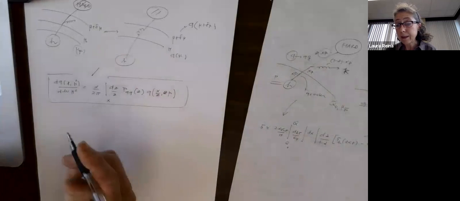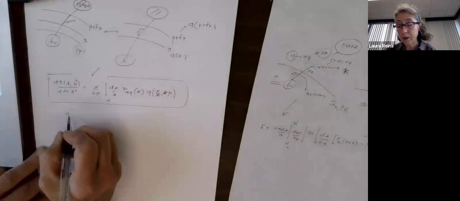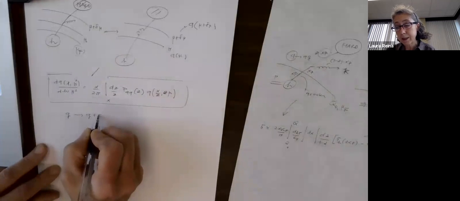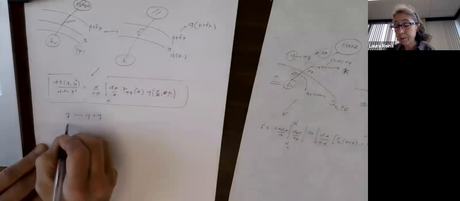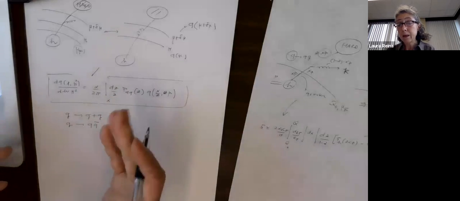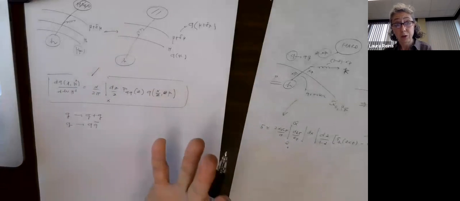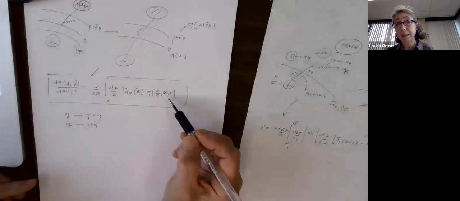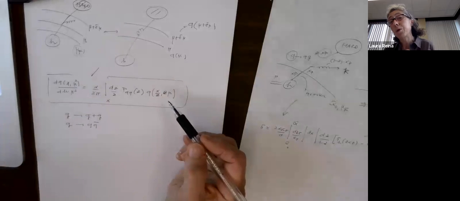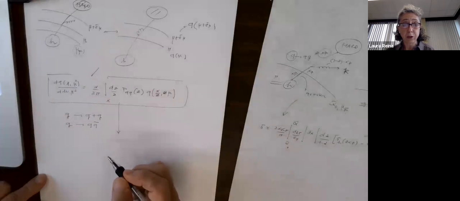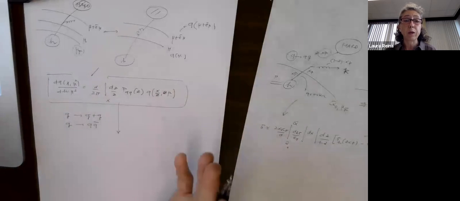So I can play exactly the same game for splitting of a gluon into a gluon plus another gluon. I can play the same game for a splitting of a gluon into a quark and an anti-quark, and I can build at this point a matrix of equations because each single species will receive contributions from densities at a lower scale that can be both quarks and gluons. So the generalization of this very simplistic equation gives you the full set of what we call the evolution equations